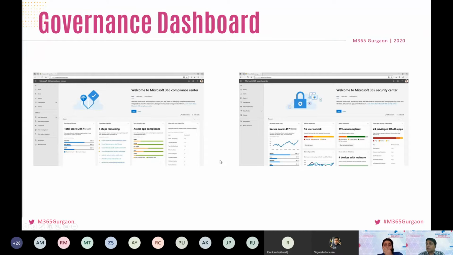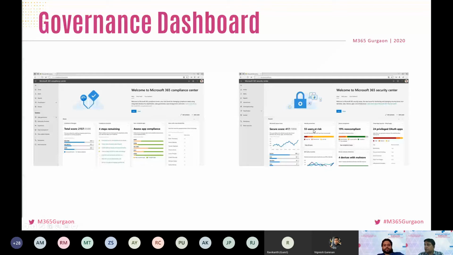There are 4 cards in the compliance center, and similarly in the security center, it again provides the security score based on certain rules, and classification is also there, at the bottom of the secure scorecard, showing where you are lacking or where there are opportunities to improve.